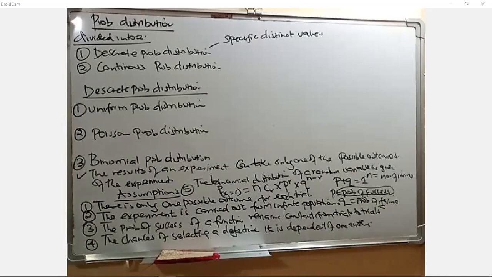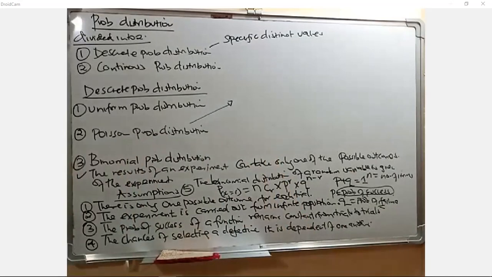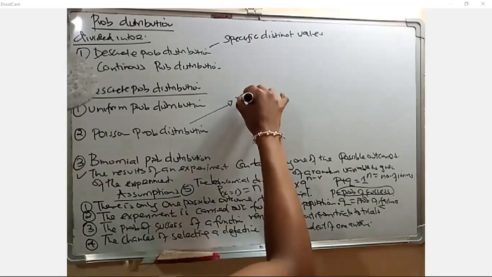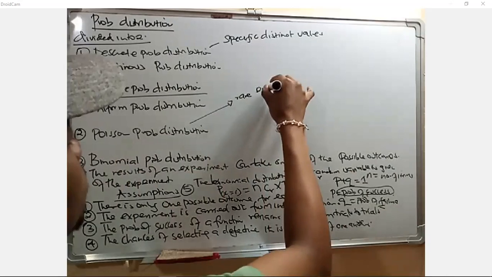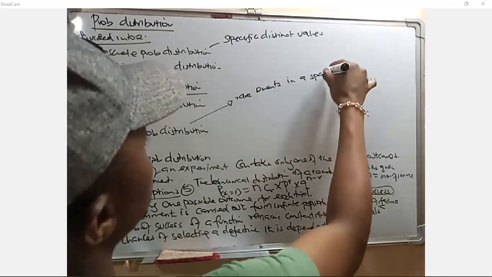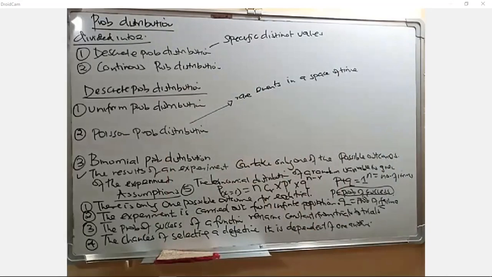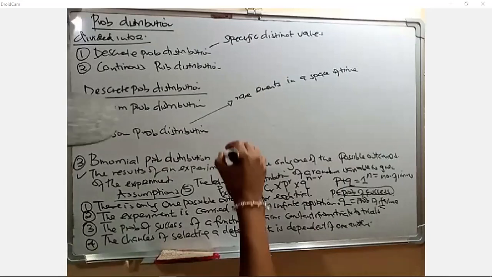Now, when you look at the Poisson, it is a discrete probability distribution, that is for sure, that normally describes rare events in a space of time. It is a limit in the case of the binomial distribution. It is normally described by,